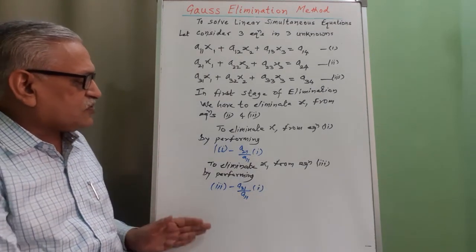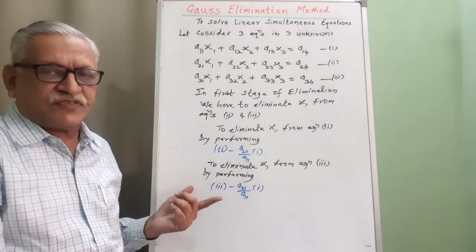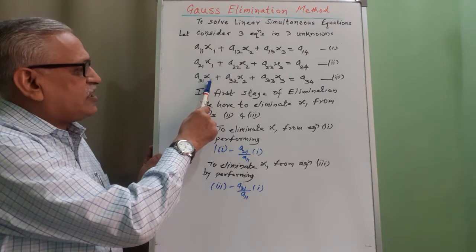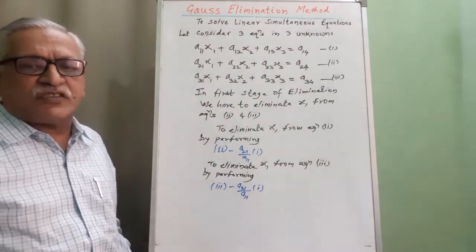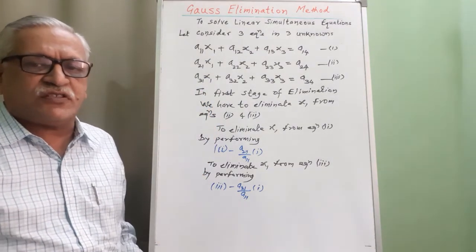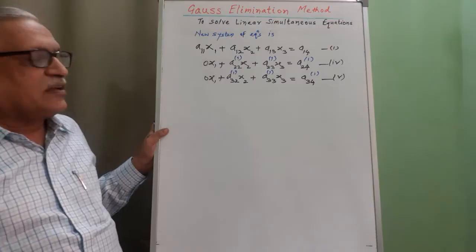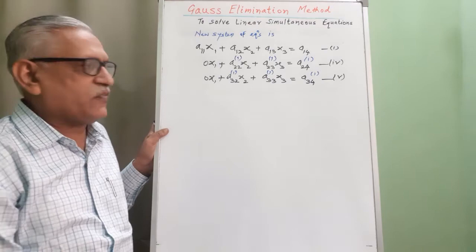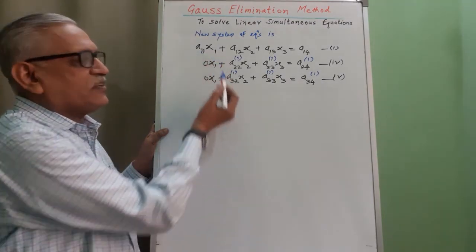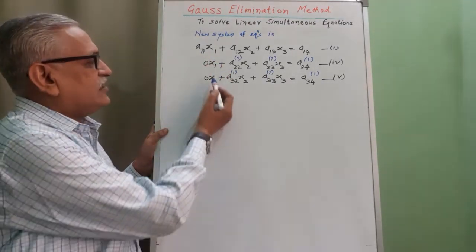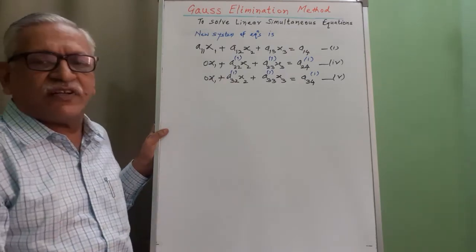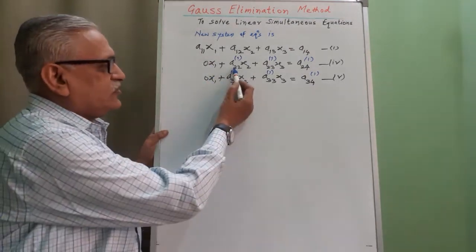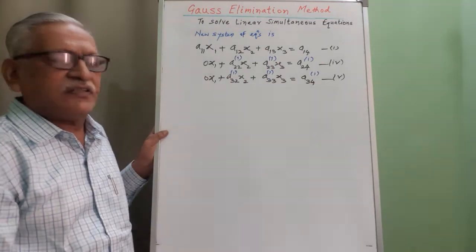When we perform these two steps, this x1 is eliminated from equation 2 and equation 3, thereby getting a new system of equations. Therefore, that new system of equations at the end of first stage of elimination, we have as first equation no change as it is. Second equation is converted to fourth equation where x1 is eliminated, and we have the new values for that coefficient as